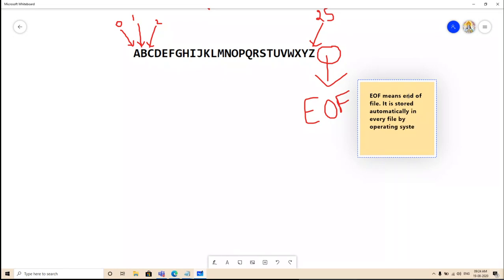Operating system कौन है? ये Windows 7, Windows 8, Windows 10. EOF means end of file. It is stored automatically in every file by operating system. And where it is stored? Wherever the last character that you have typed, just after the last character, it will be stored